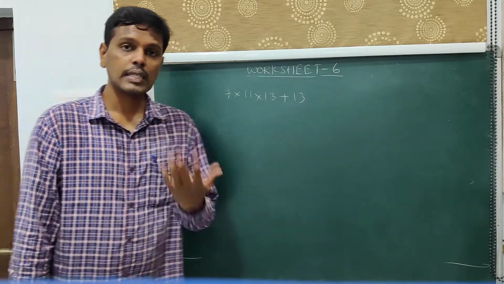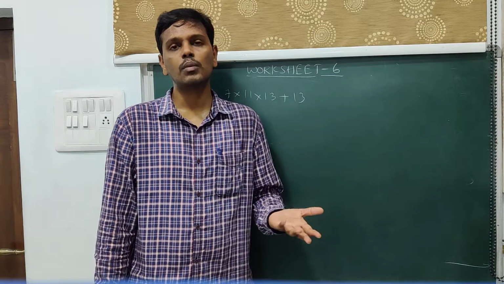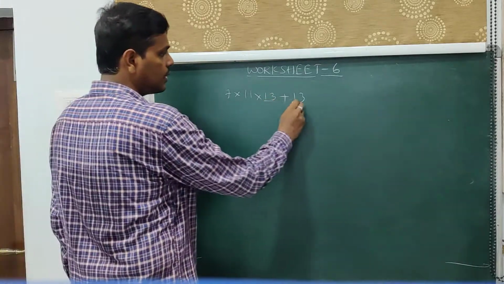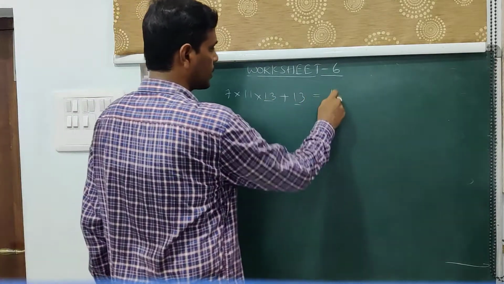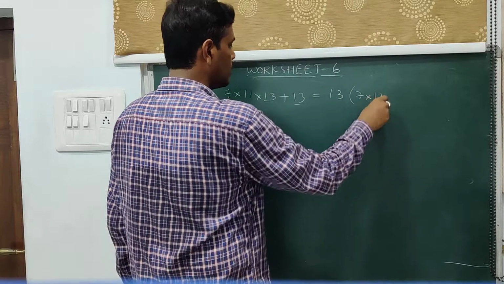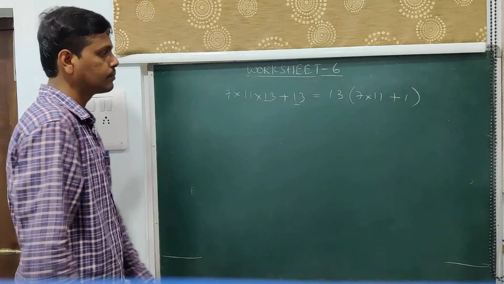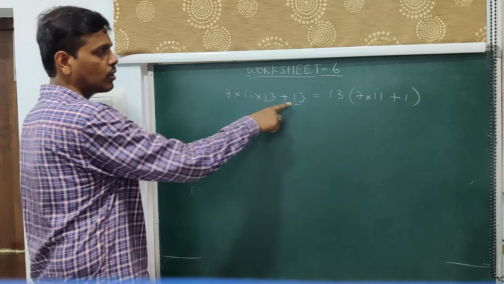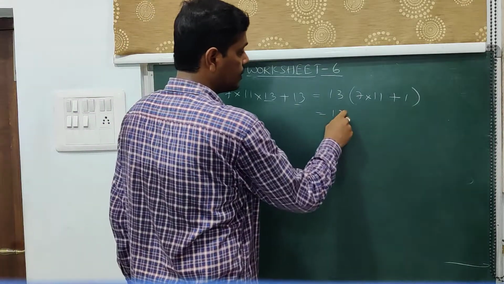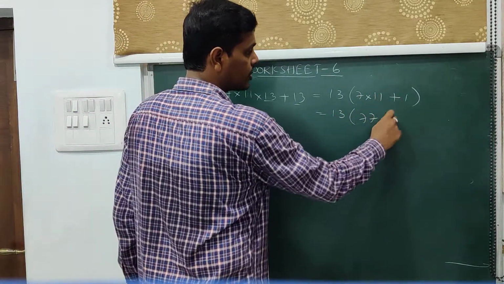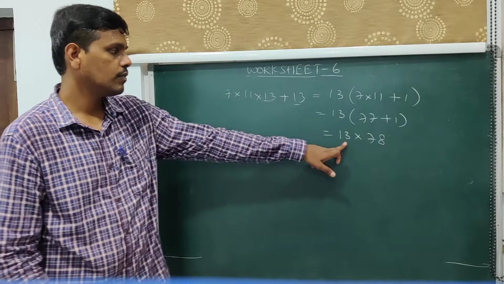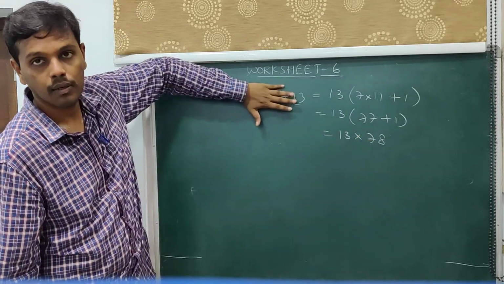That is, I am trying to say that the given number is not prime. If the given number is not prime, then it is a composite number as per the definition. So if you have observed, we have 13 as a common factor. If I pick out 13, then we have 7 into 11 here and 1 here. That is, 13 is taken out, and 7 into 11 is left over. In this term, you have only 13, so taking it out leaves 1. So this is 13 times (7 into 11, which is 77, plus 1). 77 plus 1 is 78.